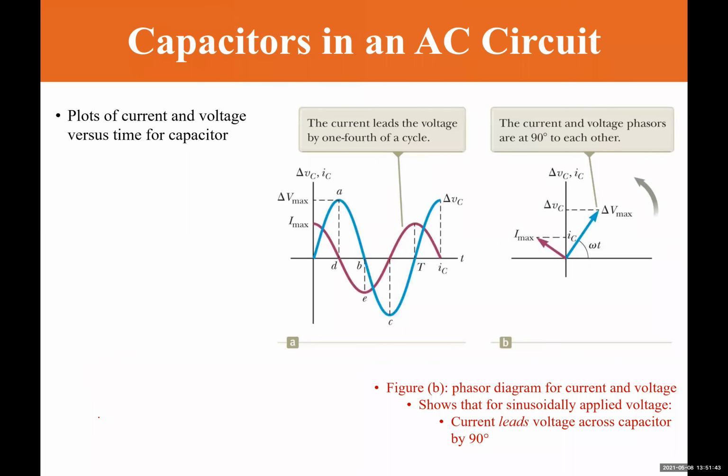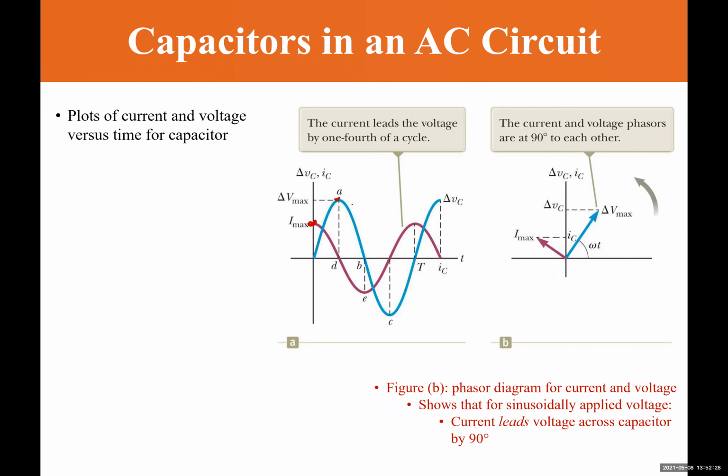The next step will be to look at the graphs, how the current and voltage graphs are different for the capacitor in the circuit. You can see that this time the voltage is lagging by 90 degrees, or we can say the current is ahead by 90 degrees. For example, the current reaches the maximum or zero earlier than the voltage does. So, looking at the graphs, we can see that